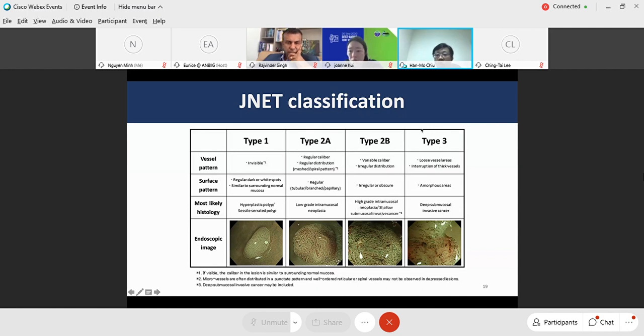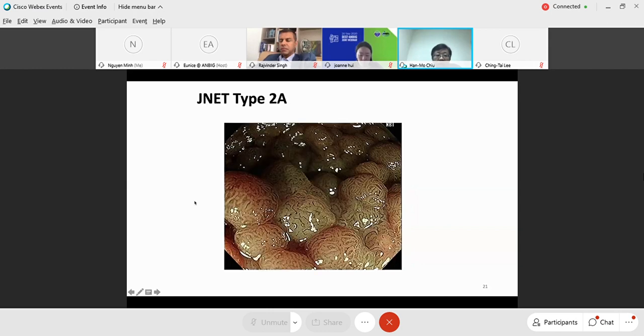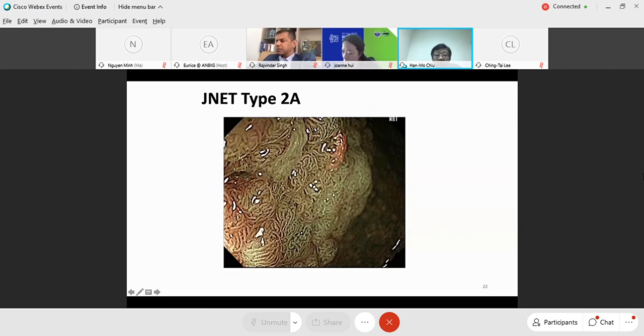And type 3 is almost equivalent to NICE type 3, which refers to a deep invasive cancer. So here are some examples showing the JNET type 1 lesion, and you can see the roundish surface pit, and also very scarce or lacy vessels, and the color is almost the same as the background mucosa. And this is type 2A, and you can see a regular capillary pattern, and this is another example